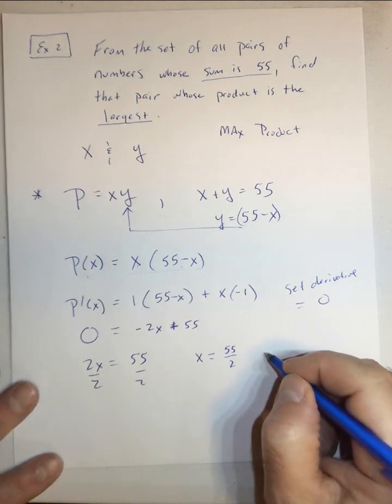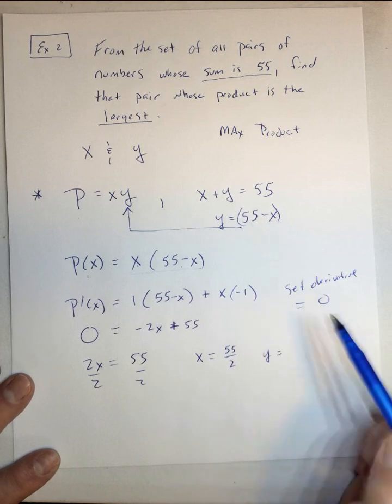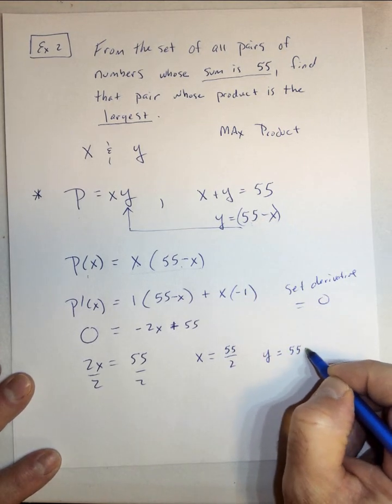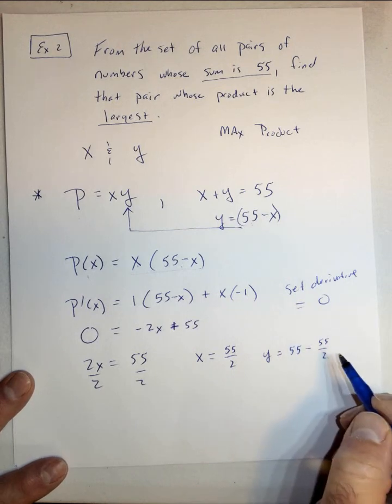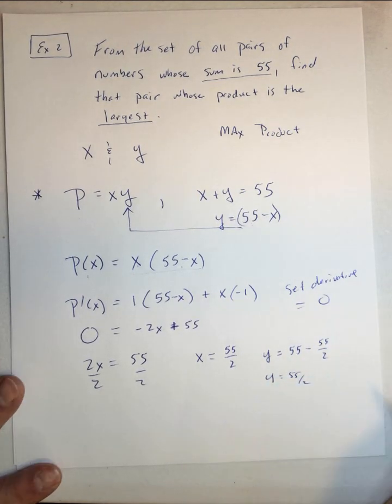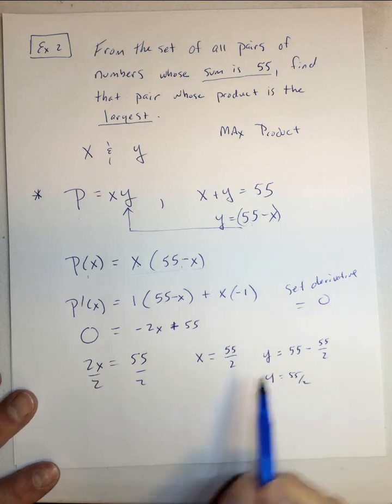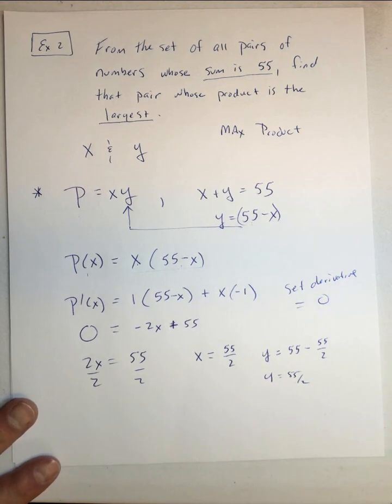So the other number, which is y, is going to be 55 minus 55 over 2. So again, that's also 55 over 2. So those are my two numbers,